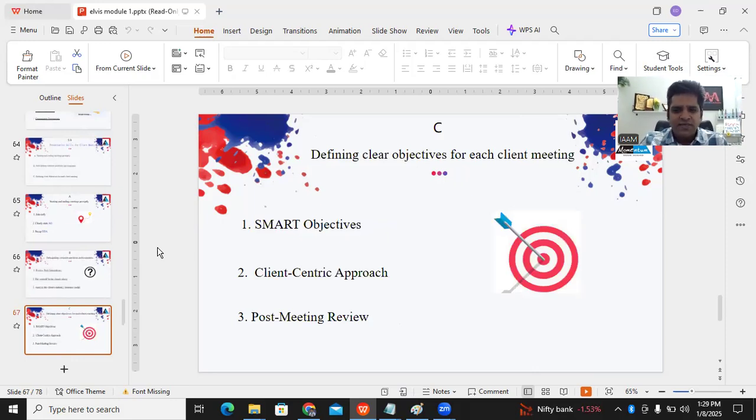You all know SMART: specific, measurable, actionable, realistic, and time bound. Client centric approach. They need to have a client centric approach. Give them the example of Amazon. Amazon has one empty chair in every meeting, and that empty chair is none other than the customer. In the meeting, they assume that this is the customer sitting in front of them, and for all the discussions, whatever actions plans have been decided, they ask: is it pleasing to this customer who is sitting on this empty chair?